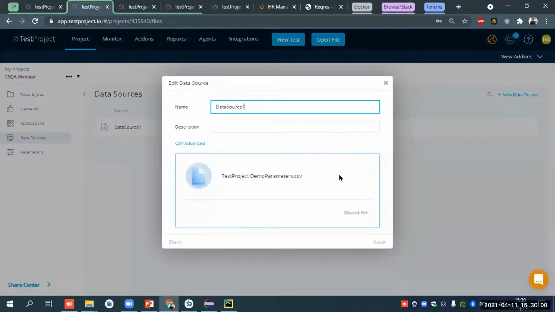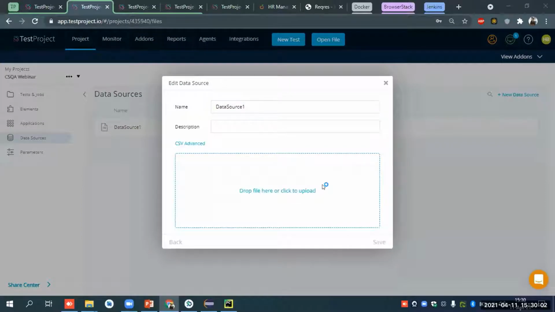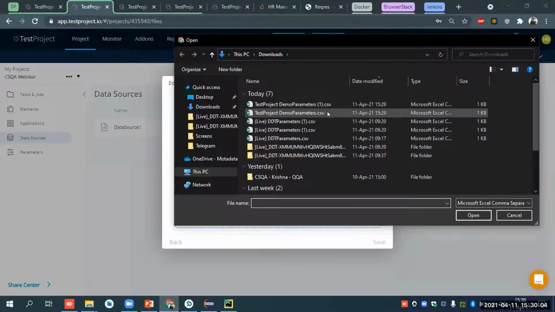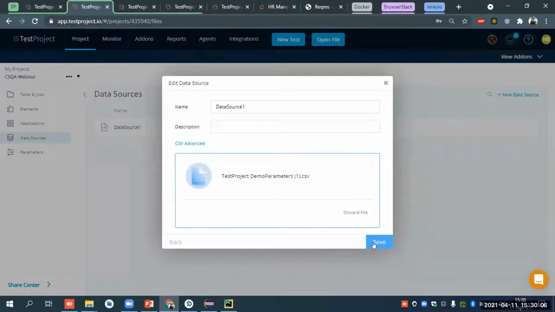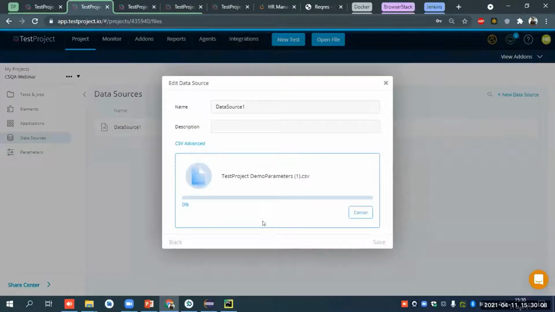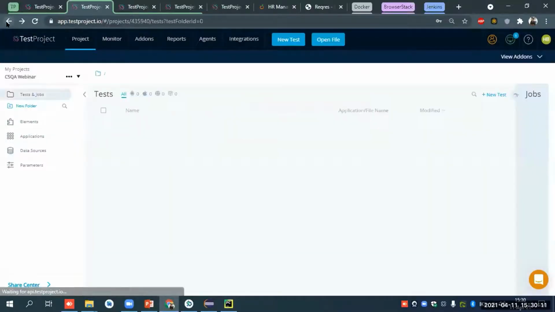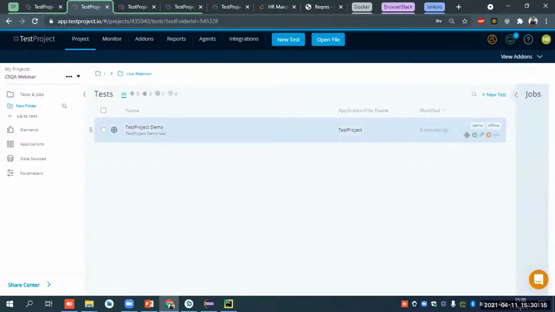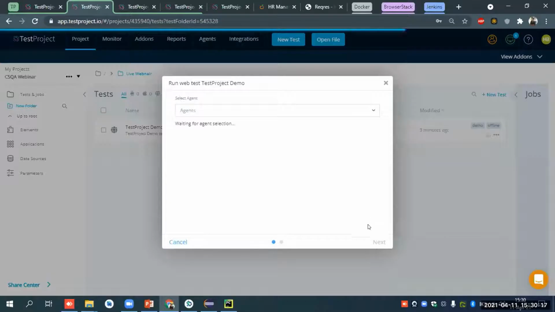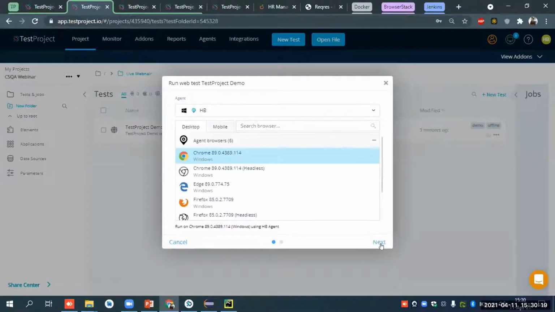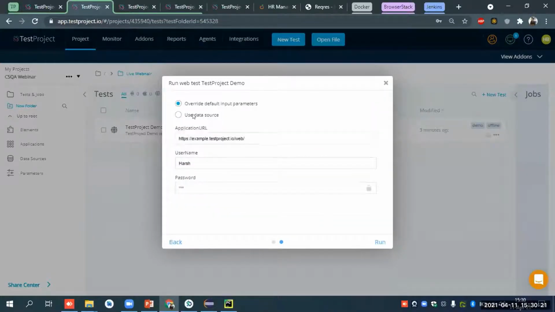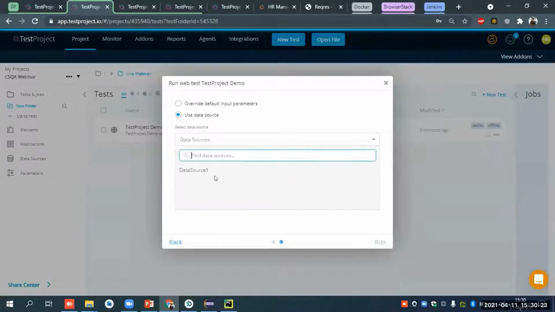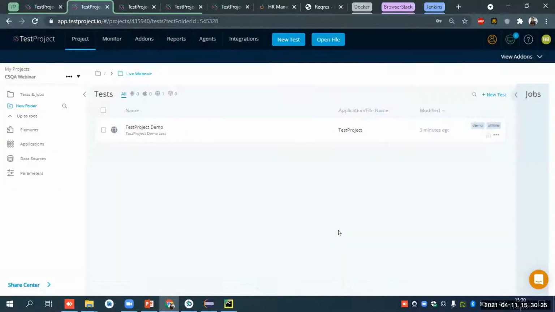I will just edit it, discard this file and upload that file again. Again, go back to the test. Click on run. Select browser. Use data source. I will select my data source and hit on run.